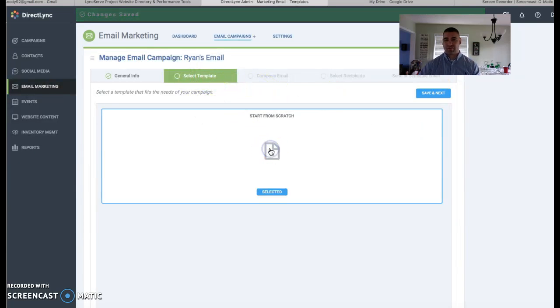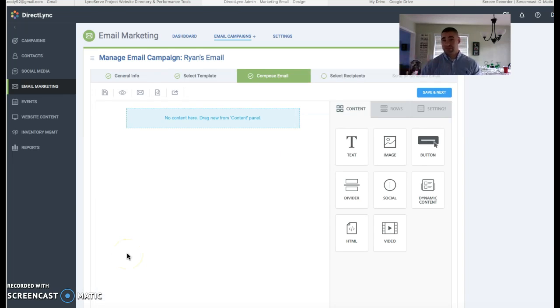Select type. There's no real template that we're looking at here. What I'm really trying to do here is just show you guys the easy to use drag and drop email editor. So if you've ever used other tools like Infusionsoft or MailChimp or Constant Contact, it's very similar to that. You could upload images. You could drag the images right over here anywhere. You could drag text boxes, dividers. Link to social media posts. You can put videos in there. Again, we'll get into way more